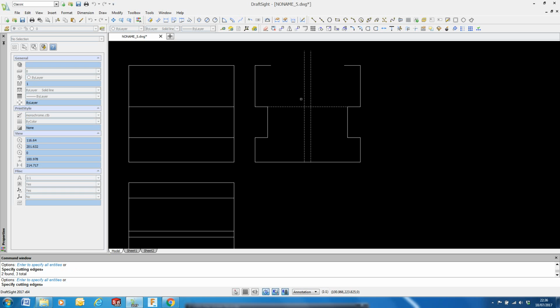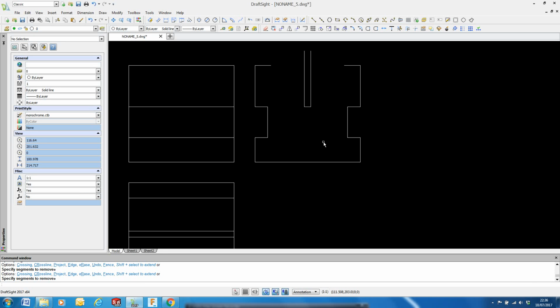In fact, we could do a bit of trimming here. Select those 3 lines. I'll talk about that selection box later on. Return, and I can remove that, and I can remove that one and that one. Return key to close the tool,